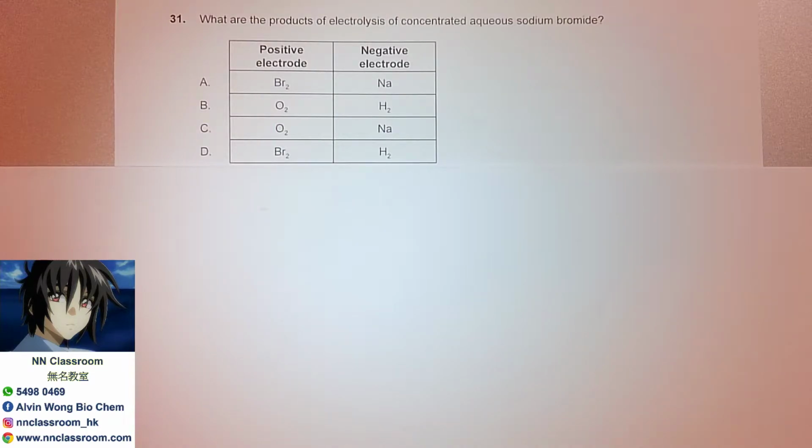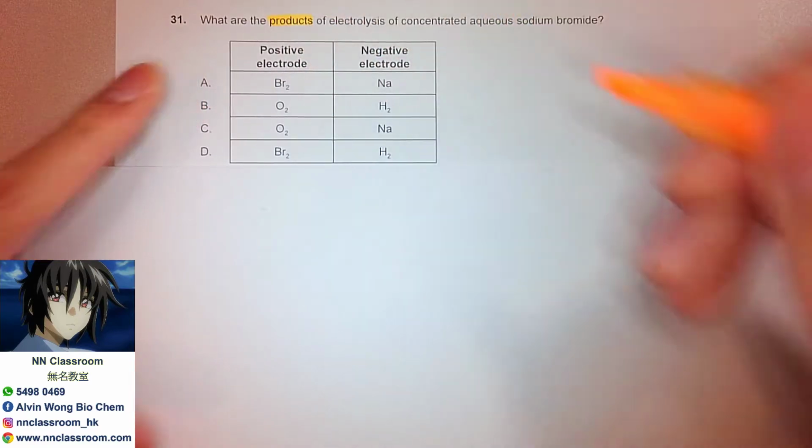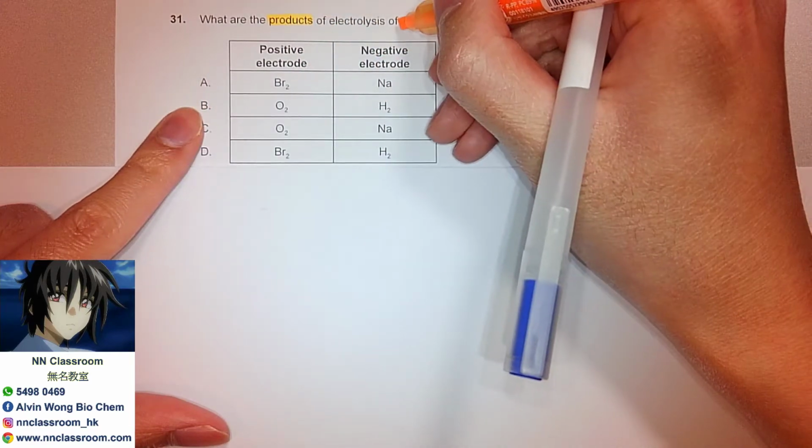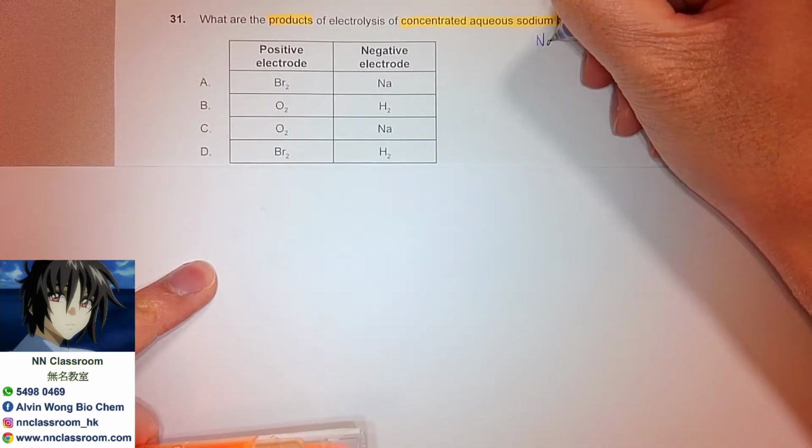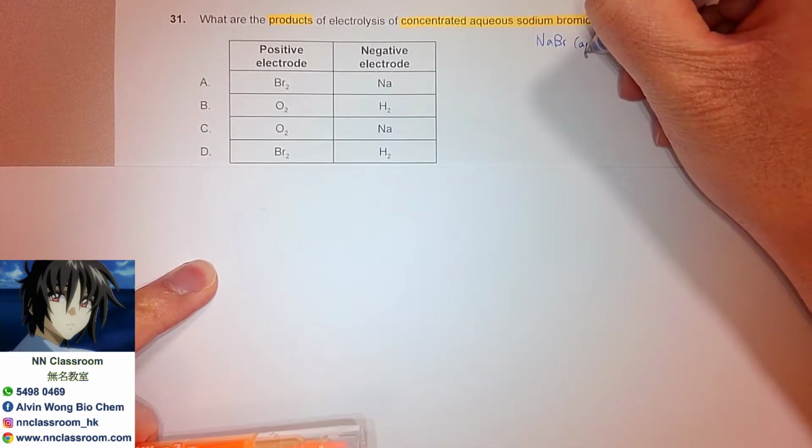Today I'd like to share with you a past paper question from 2019 in November, time zone 0. Question 31 is asking for the concept in topics 9 and 19, redox processes, especially the concept about the electrolytic cell running and electrolysis. Let's see. It asks, what are the products of the electrolysis? So now we are searching for the products of the concentrated aqueous sodium bromide solution, so NaBr (aq)